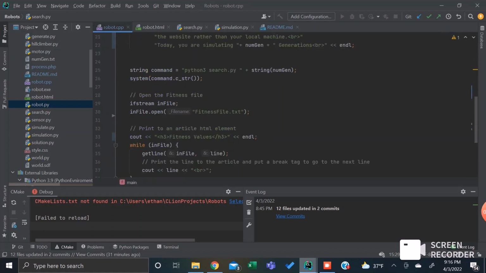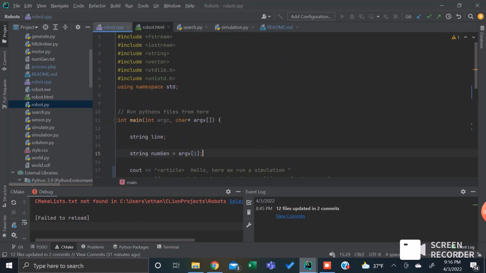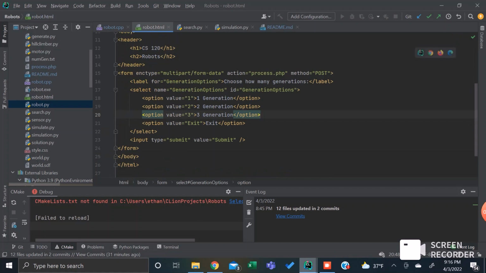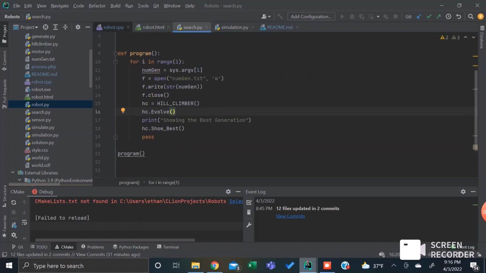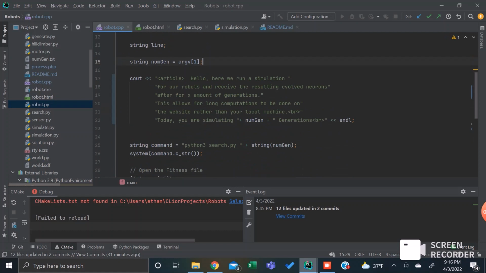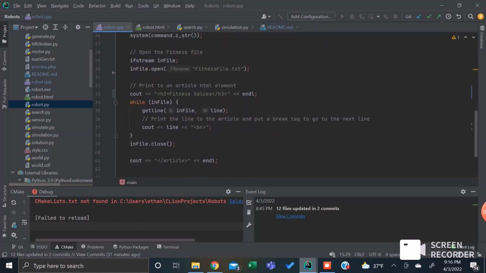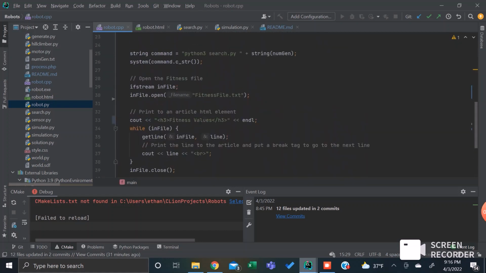So it's a lot of just running the robot CPP, HTML, PHP files, and that all directs into this search, which then creates a fitness file, sends all those values there, then from the CPP file, reads the fitness file, outputs the values